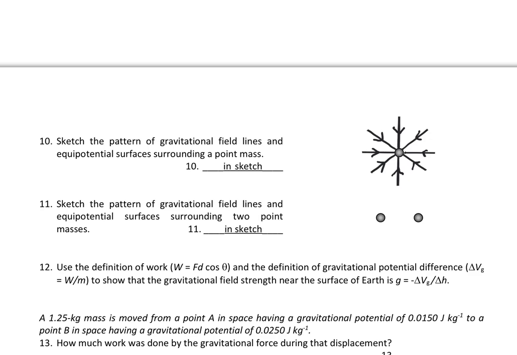So that would be the gravitational field lines for the mass, and then for the equipotentials, basically it's going to be circles, because if I have radial lines from a point, perpendicular to those radial lines is going to be a circle, but we can't draw evenly spaced circles, because as we move away from the mass, the field strength drops off